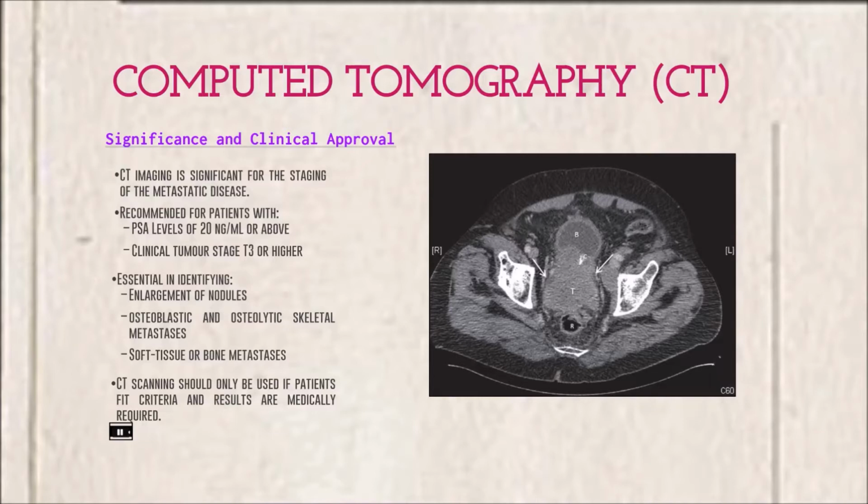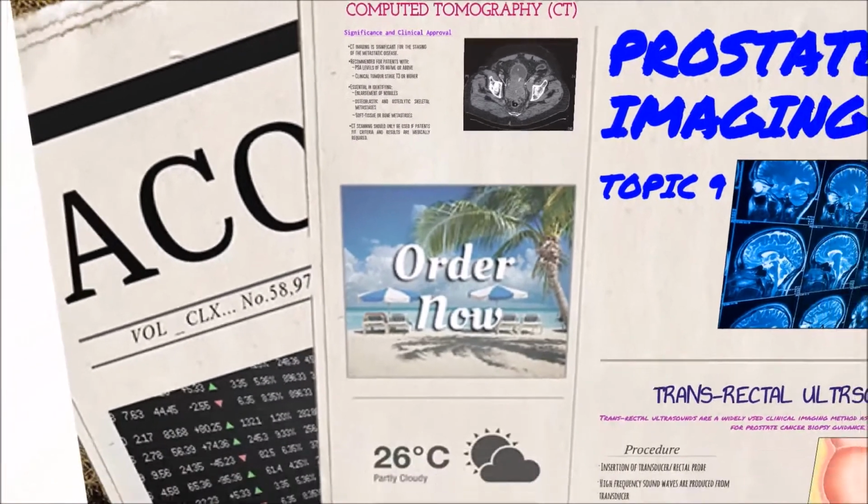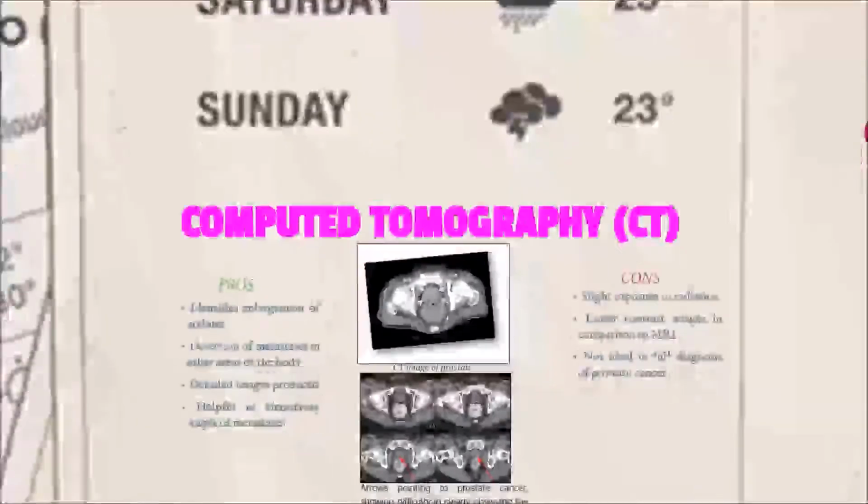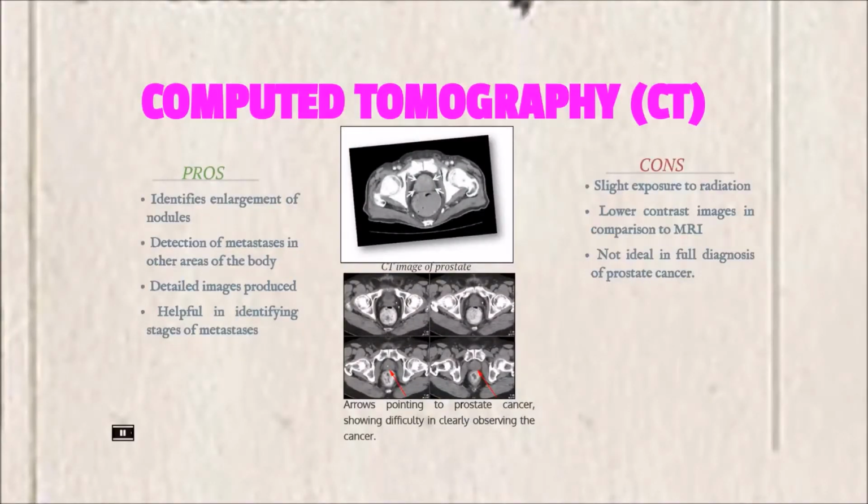Targeted imaging with CT scanning can be helpful in diagnosing osteoblastic, osteolytic, and soft tissue metastasis in the body. In terms of clinical approval, it is recommended to only have the CT scan done if medically required. CT imaging can assist in identifying an enlargement of lymph nodes, which are usually an indication of metastasis in the